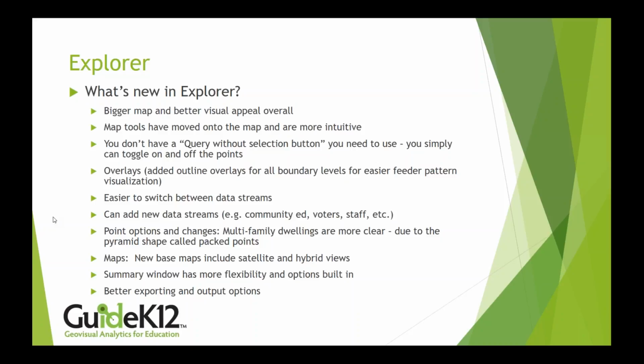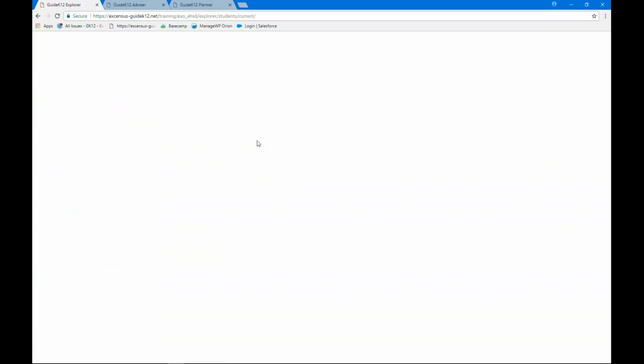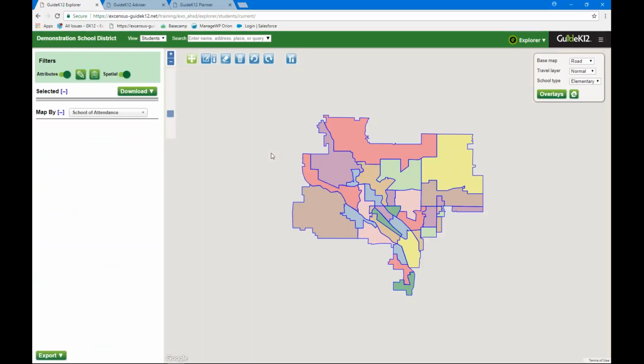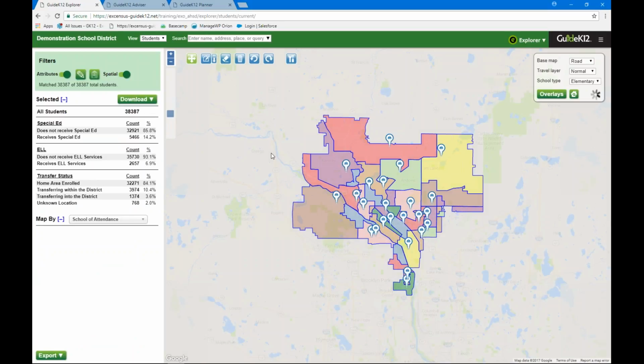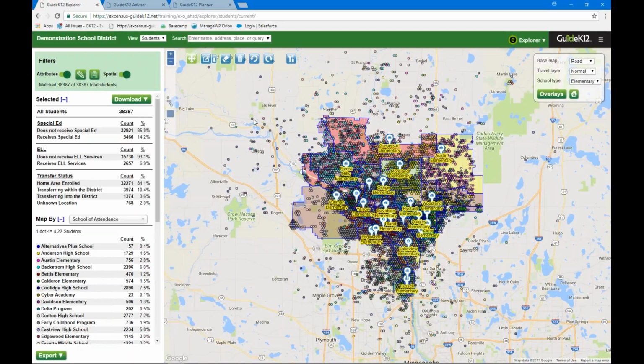So let's move on to doing some training exercises with the new products. And as Dan is transitioning to Explorer, I would just encourage you to think about Explorer, to me, as kind of the sandbox of all the different things that are in your SIS or different data sets. I think of Explorer as the opportunity to really look at demographics, to analyze equity issues,